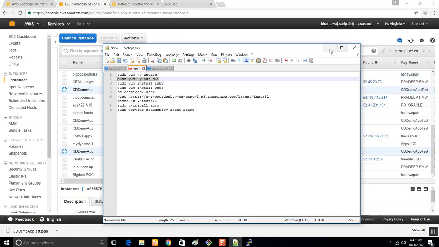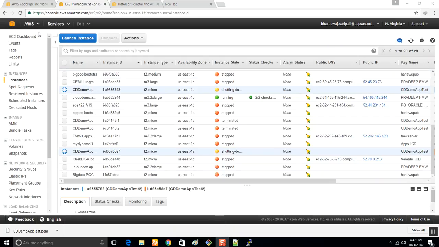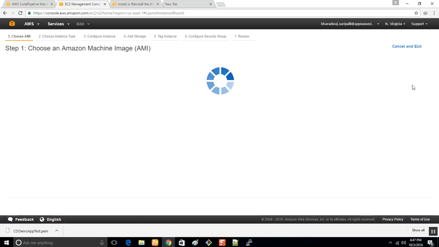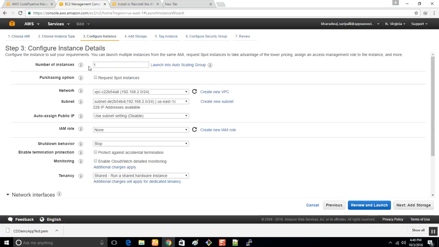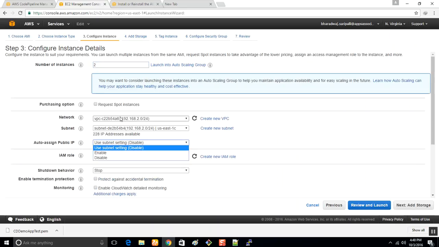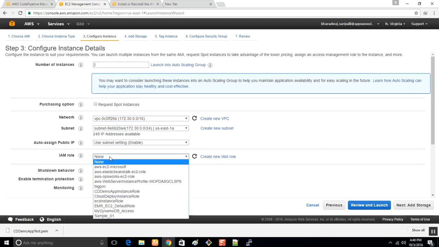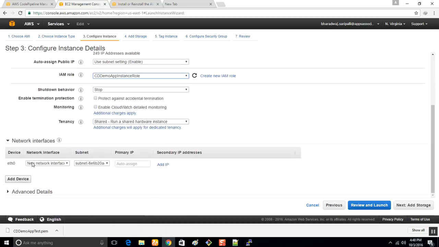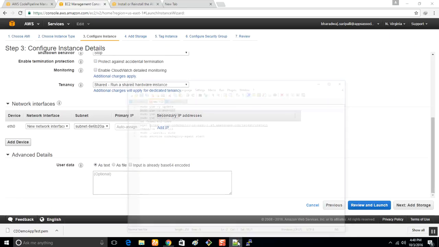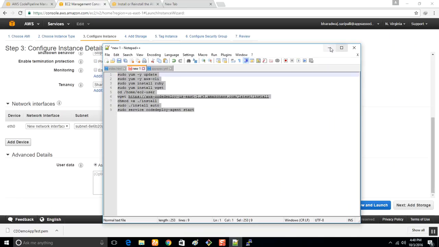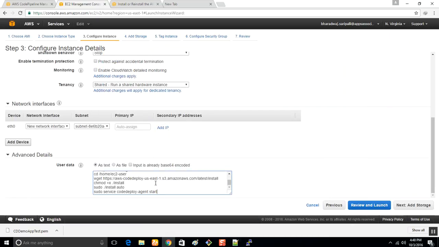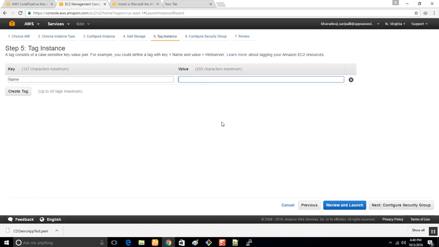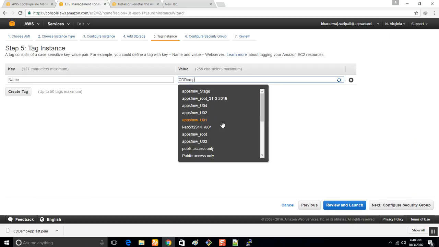For that I'm again terminating those two instances and starting them again. Click on launch instance. Let's do it right this time. Configure instance. Let us have two instances. Let it be in public. For IAM role, it should be cd app instance, and in advanced, let's copy this. Okay, and hit add storage,